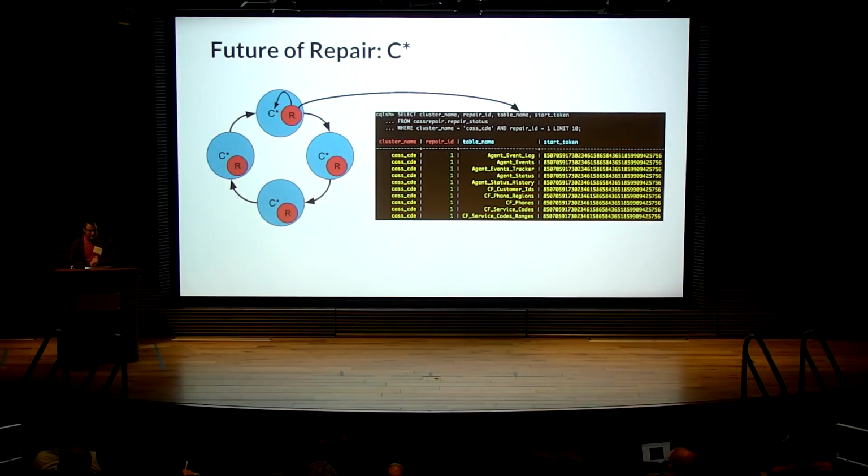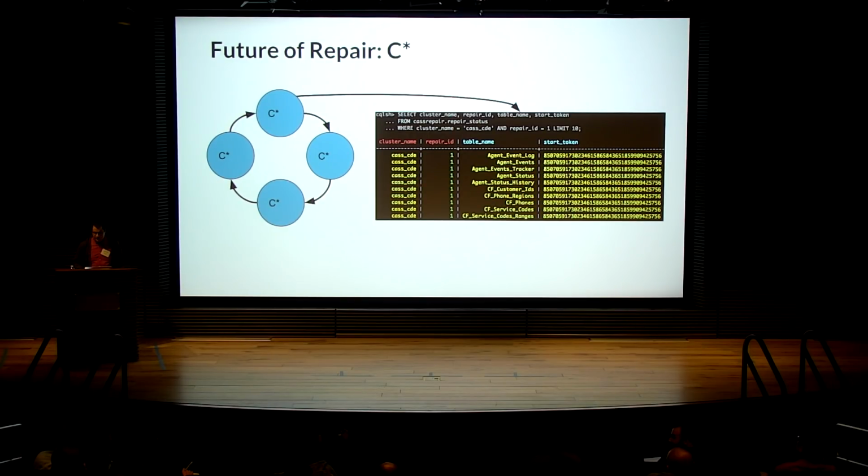All right, so that's all really nice for Netflix, but we think the next logical step is contributing this back to the community. Right now, the way we've implemented this is that the repair service is a sidecar that talks to Cassandra over JMX and stores the data in Cassandra itself. We'd really like to move towards it being in Cassandra itself. We think that the design is fundamentally compatible, and we'll be working with the community in coming months to make that happen.